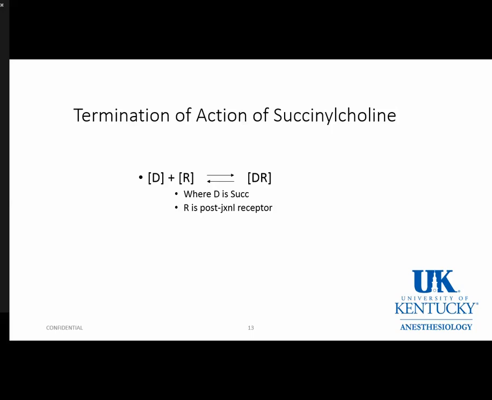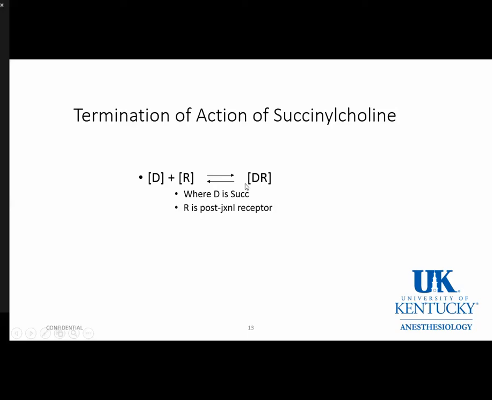Let's look at what we mean by termination of action of succinylcholine. When you look at basic pharmacodynamics, you have a drug in a certain concentration that is free and a certain free concentration of receptor. And they must, by the law of dynamics, maintain equilibrium with the bound form of that drug with that receptor, which also is in a certain concentration. If any one of these 3 items goes up or down, the equilibrium shifts to the side to keep things in equal concentration. If D here is succinylcholine and R is the post-junctional receptor, as soon as one gives the drug, it's going to bind with the receptor because there's a lot of it, so it's going to push this equation to the